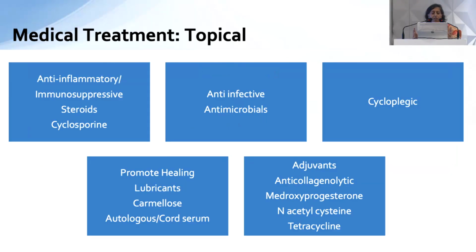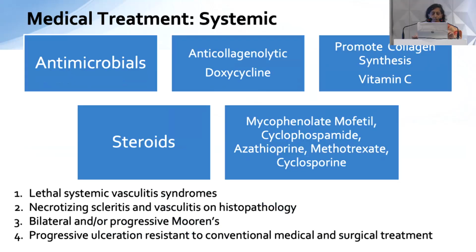Again, regarding topical and systemic therapy, don't forget that one has to cover antimicrobials. The very fact that you have an epithelial defect means that even normal commensals are going to invade. So even if it is a sterile ulcer and you've seen it fresh, you're pretty sure that it is very neat and clean, you may like to give antibiotic coverage while you're undergoing the investigations, such as moxifloxacin or preservative-free medication. Otherwise, one can use chloramphenicol eye drops, azithromycin, just so that in the process of healing, the patient doesn't land up with an infective complication.